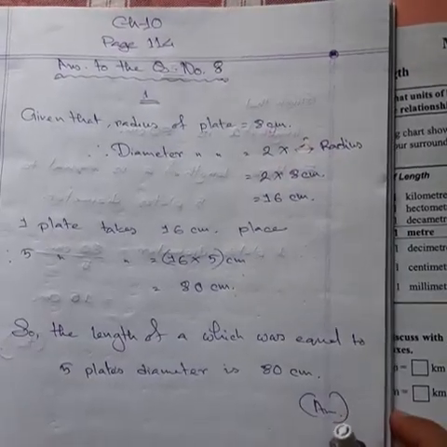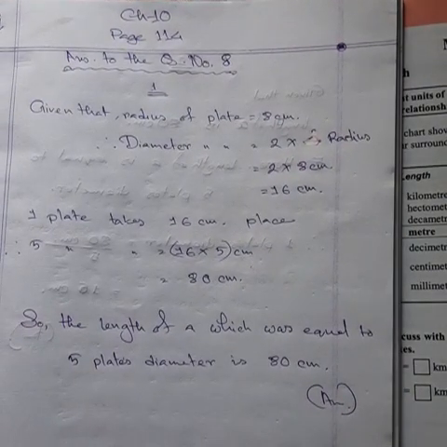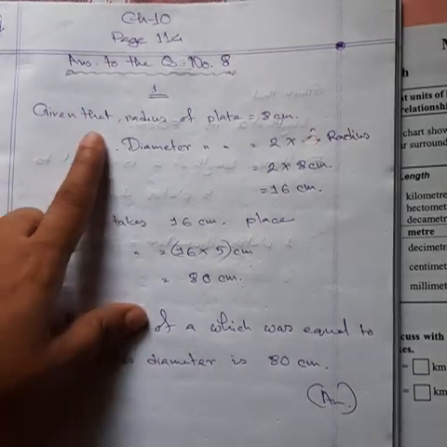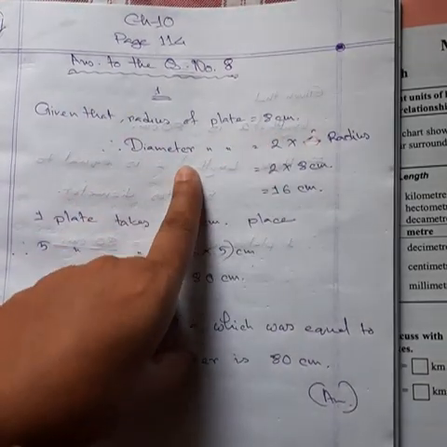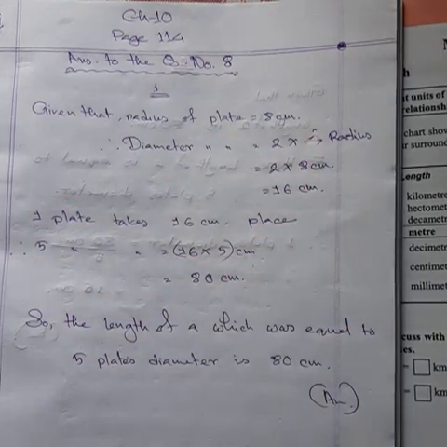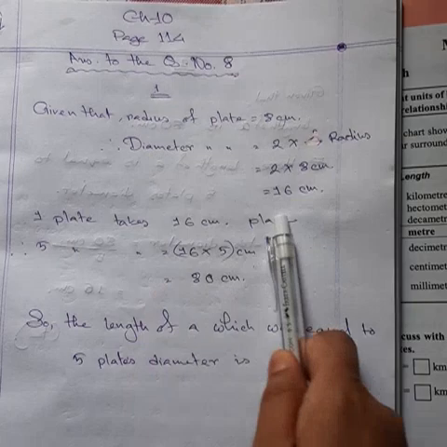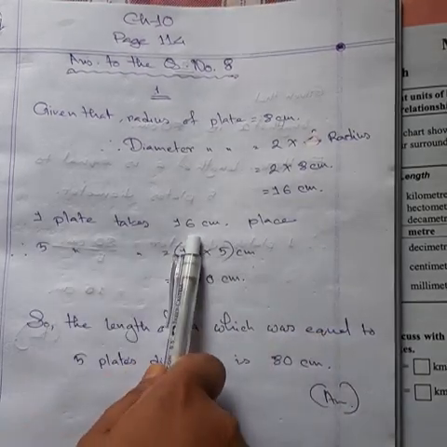I have already done this one in the page, so that you can understand, okay? In number one, given that the radius of the plate is that much, the diameter will be 2 times the radius, so multiplied, 16 centimeter is the diameter. One plate takes this much place, 16